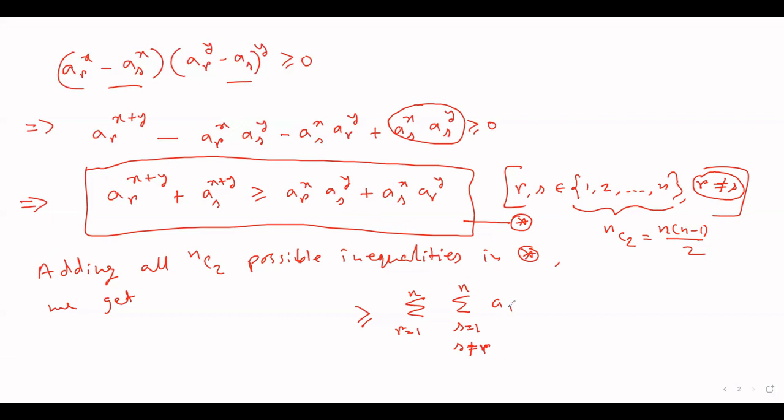So all such terms, a_r to the power x, a_s to the power y, and that's it. If you add, you do not really have to write both terms. You should be able to understand that, because